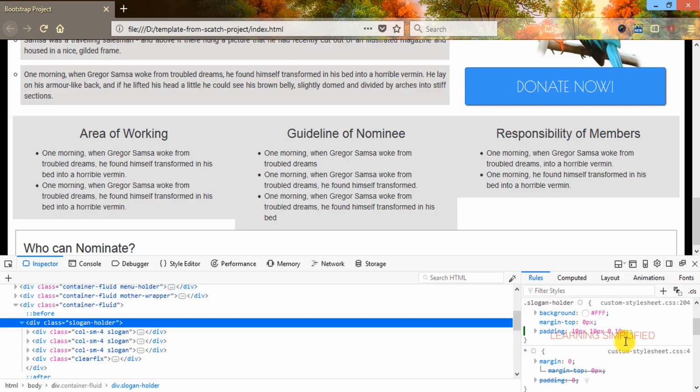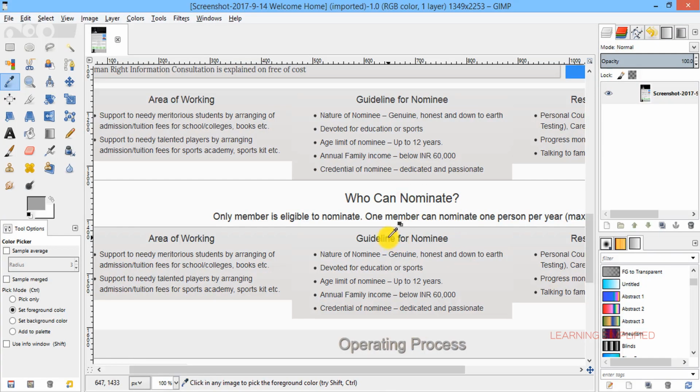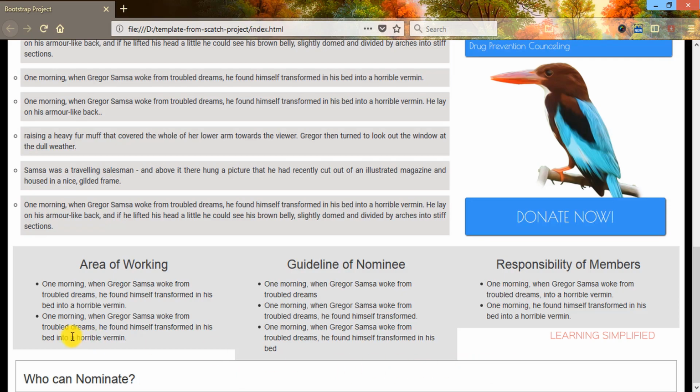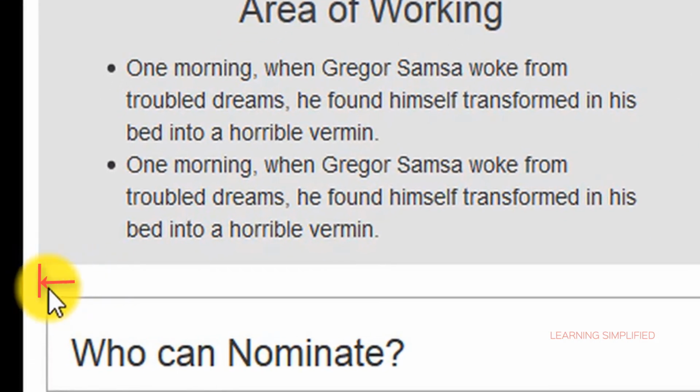There it goes. If we now get back into our project, close this dialog box and reload, we can see that it is now playing equally well with this template. So it is almost done, but there's another problem. There's the slightest gap from this extreme left part and this extreme right part.